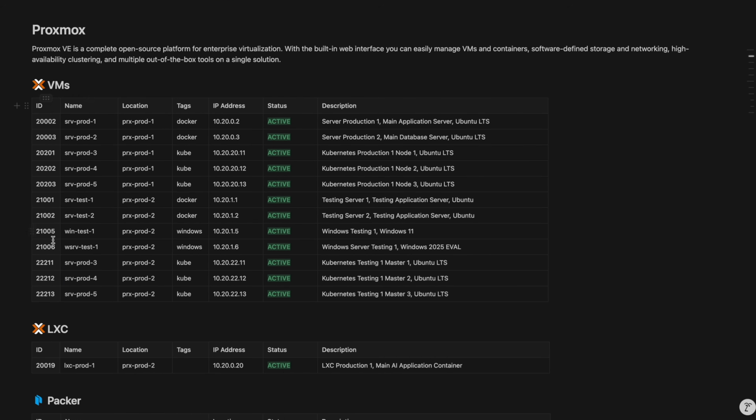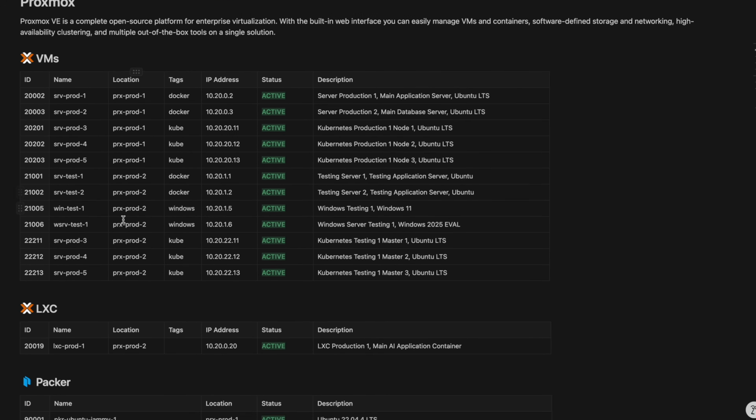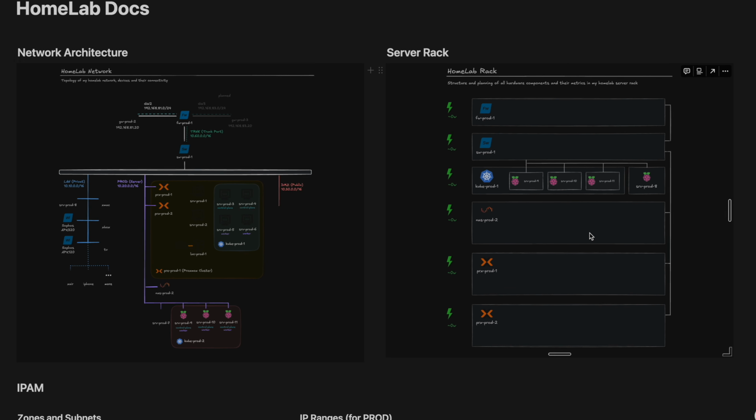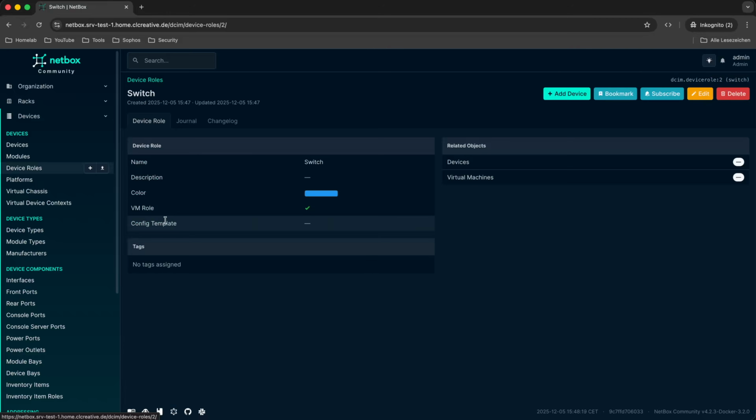I'm so excited about it because, like most of us, in the beginning I also started with simple spreadsheets or note-taking apps to track my servers, IP addresses, VLANs, or I used drawing apps for visualizing my server rack and network topology. But as my HomeLab infrastructure grew over time, it honestly just became an absolute nightmare to do this manually. So I've recently searched for an application that would help me to track this in a much better